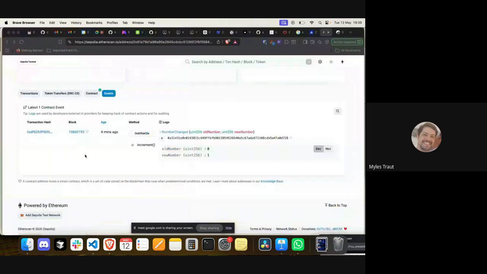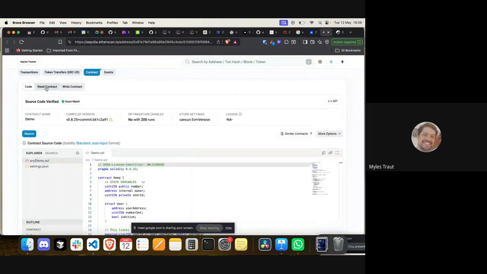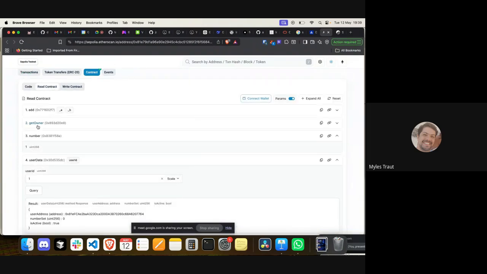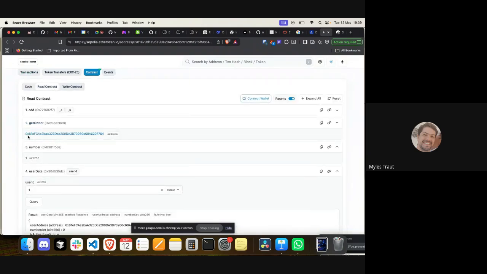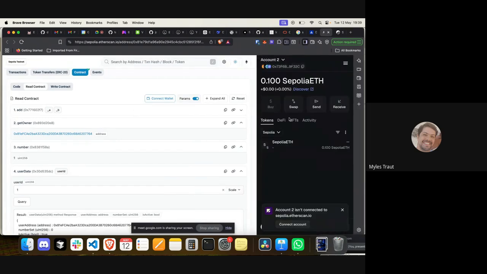So I can show you that. We go back to Etherscan. We can go to Read Contract. We see who's the owner. The owner is 0x81EF, my MetaMask. Let's cancel this transaction. I'm on account 2. This is 0x73F. So if I go connect wallet,